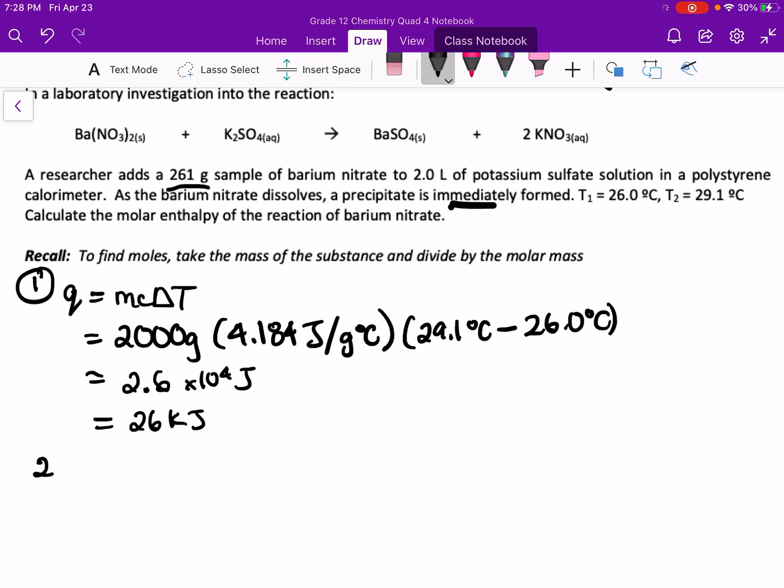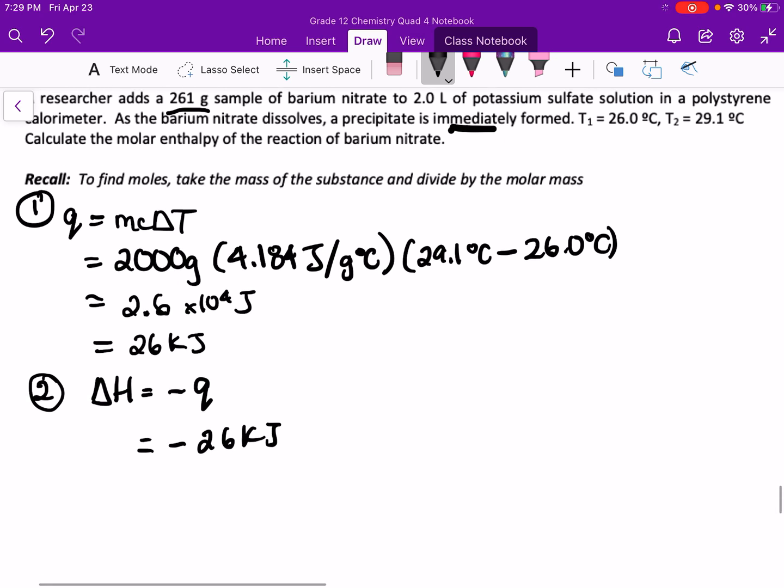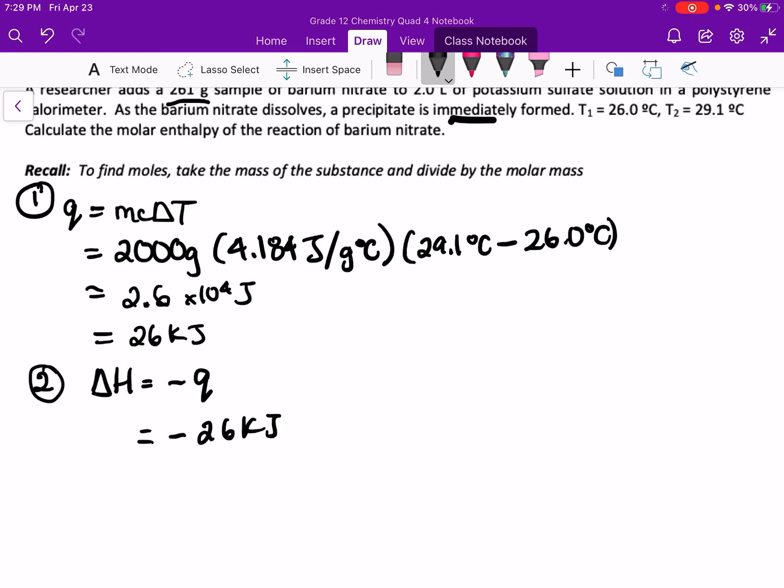In our next step, we are going to change our Q into delta H by applying that delta H is equal to negative Q. When we do that, we get negative 26 kilojoules. Okay, so this is the amount of heat that's being absorbed by the solution, and it's being released by the reaction. Next, we're going to calculate the number of moles